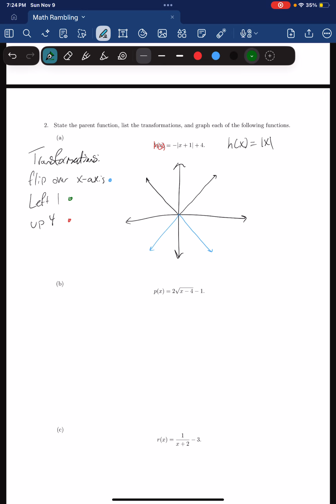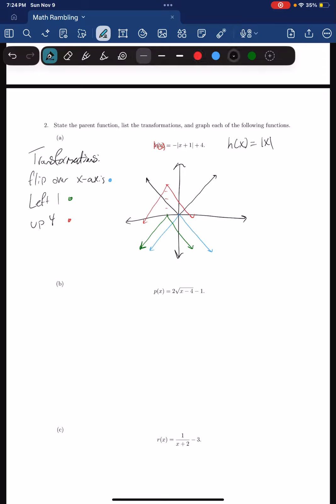All right, now let's move it left 1. Oh, need an arrow there. All right, and let's move it up 4. 1, 2, 3, 4. Boom. And